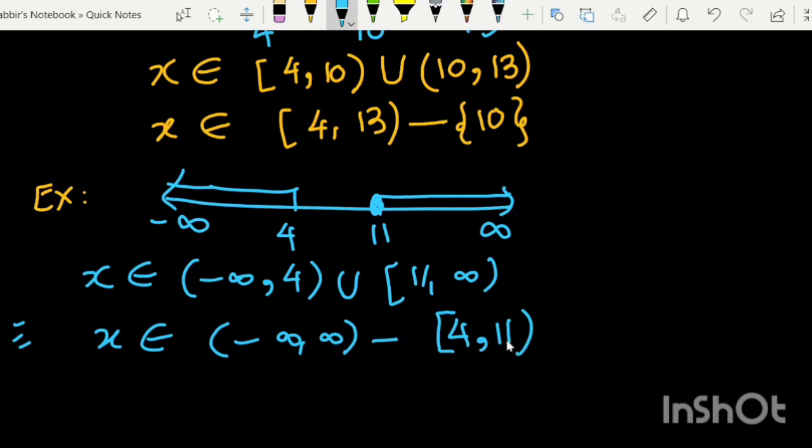So it means 11 is there in the solution, minus infinity to infinity, minus 4 to infinity, because for 11 we put an open bracket. So always remember that in these kinds of inequalities, if here it is open, while doing minus we have to put close. If here it is close, we have to put open here. Okay, so that sums up our discussion on